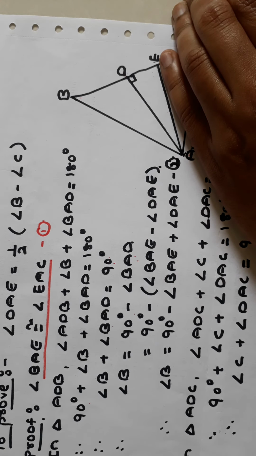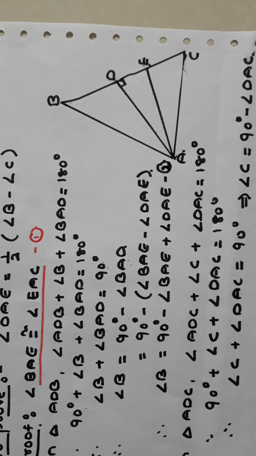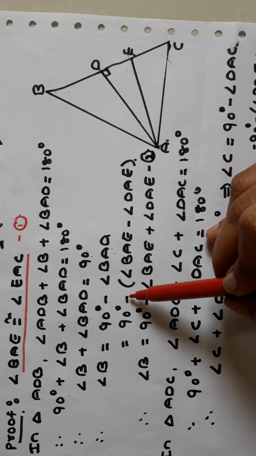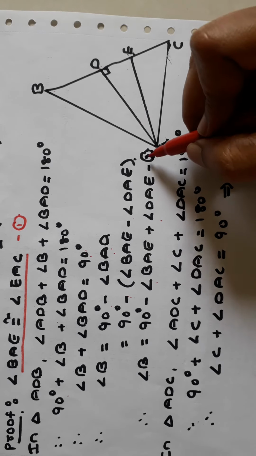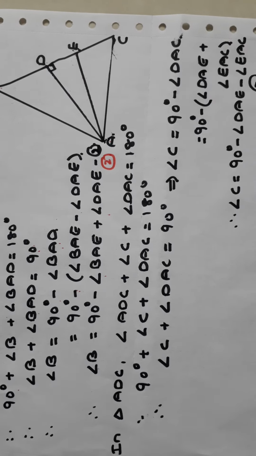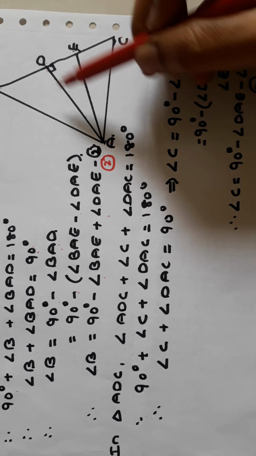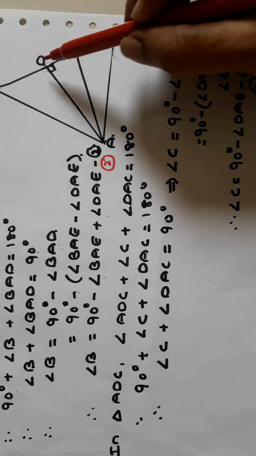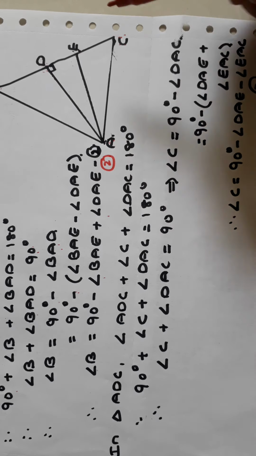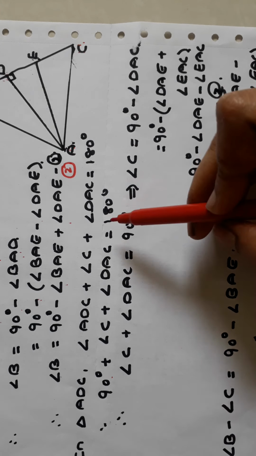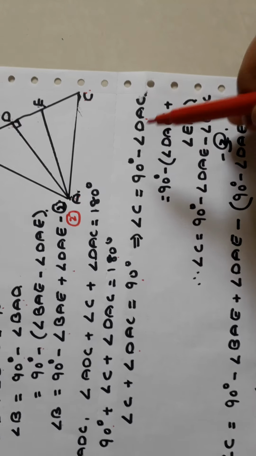This is angle addition property. BAD is BAE minus DAE. Put that in bracket. Take minus inside the bracket. Minus plus minus, minus minus plus. This is second. Now similarly, consider triangle ADC. Apply the same property. Angle ADC plus angle C plus angle DAC is 180 degrees. But angle ADC is 90. Take 90 to the other side. 180 minus 90 is 90. Now take DAC to the other side. But